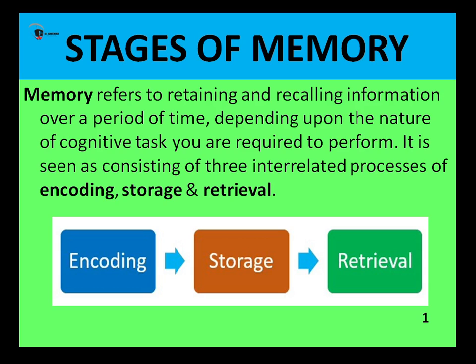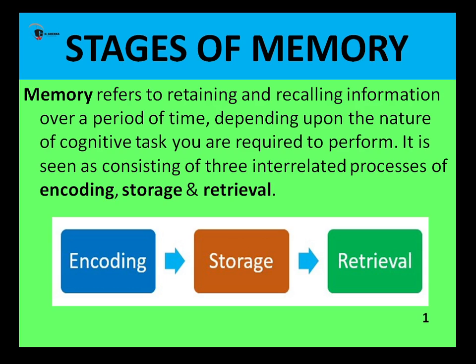Information that has been encoded has now got stored, so that it can be used later. Here the information is getting retained, and it's getting held over a period of time. Obviously, when something gets stored, it means that it's getting absorbed. It's continuing to be there. So after the storage, which is the second stage, comes the third stage, which is the retrieval stage.